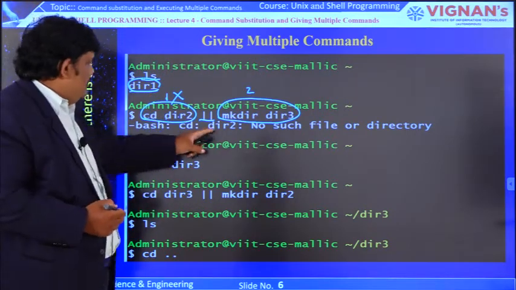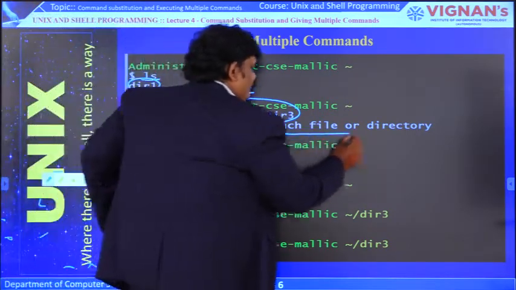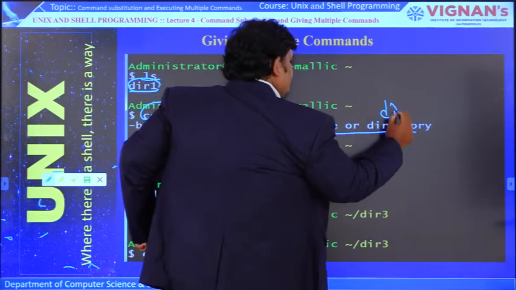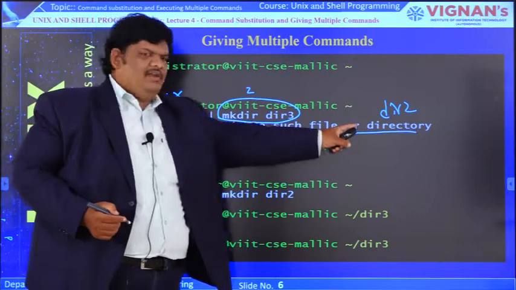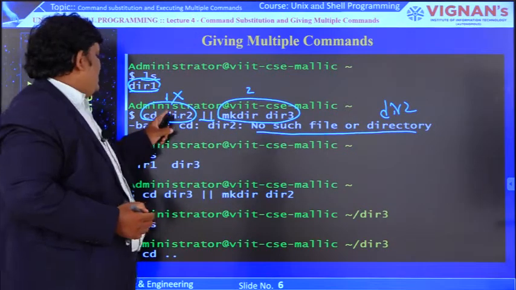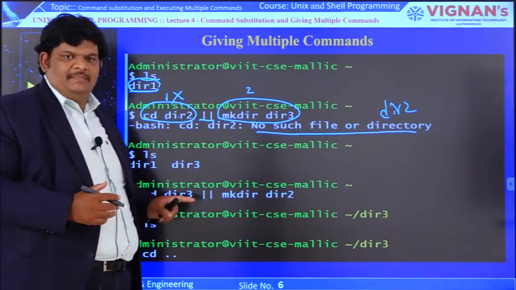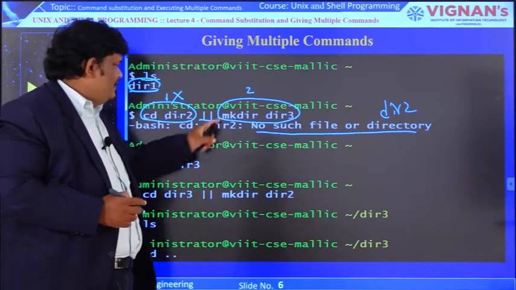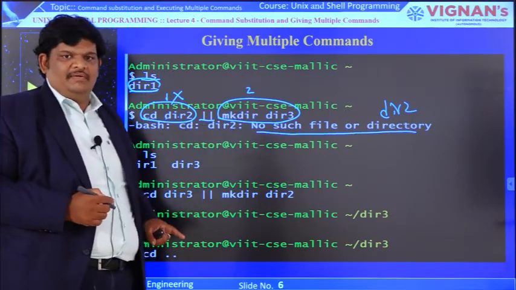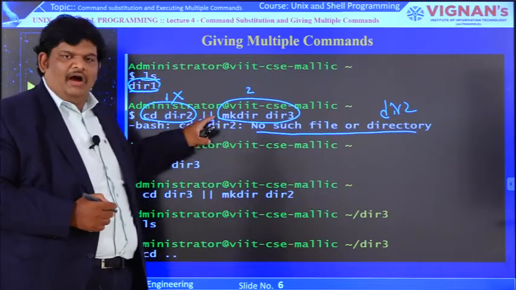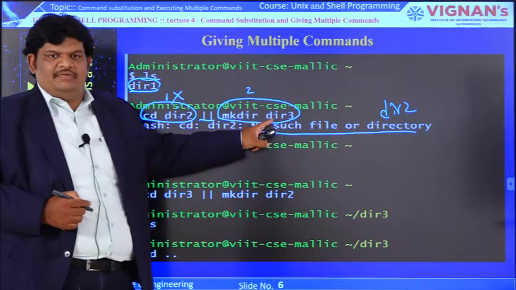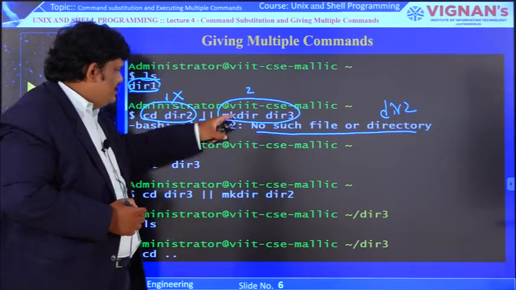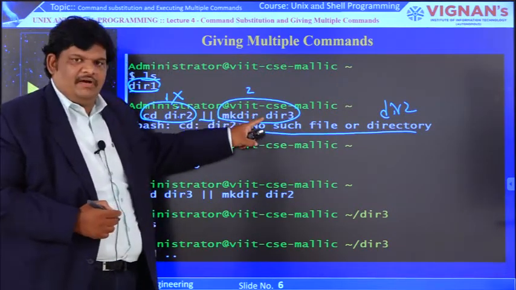Let us check: no such file or directory, that means dir2 is not present, so command 1 execution fails. Now we see whether command 2 will execute or not. Yes, because this is the logical OR operator, if command 1 fails then only command 2 will execute. Okay, we can check whether this command is executed or not.